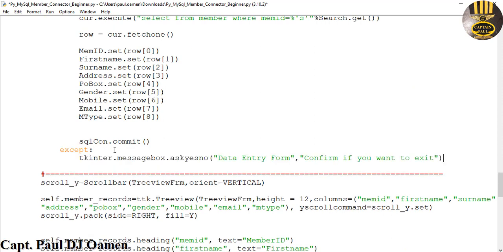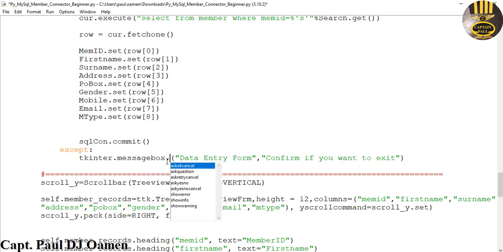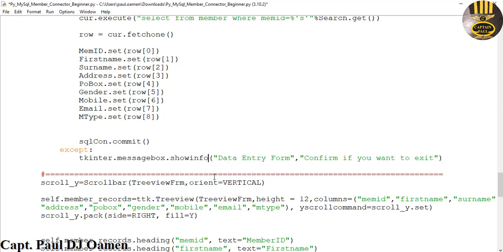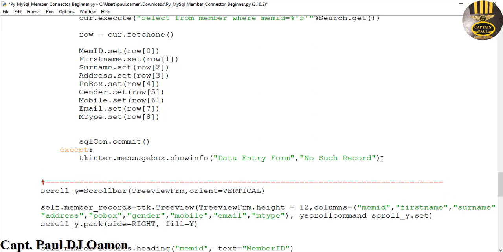and right here display the default message, and that's going to be, let's ask it to show information dot show information, and that is going to be something like, let's say, no such record. That's the information that will be shown. Then we just need to say search, try that again, search dot set empty,